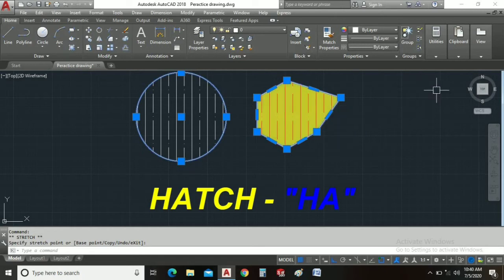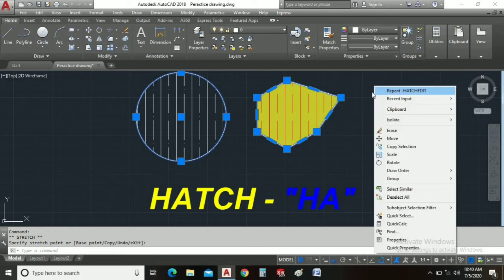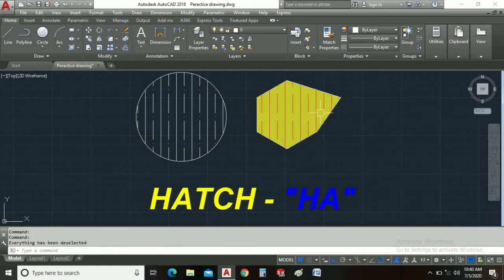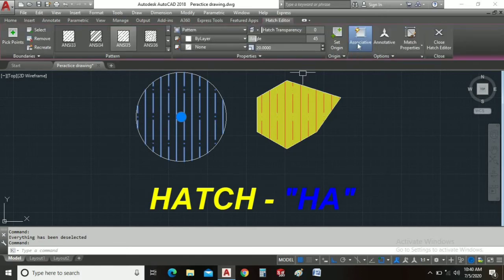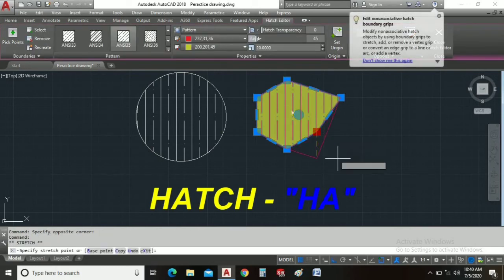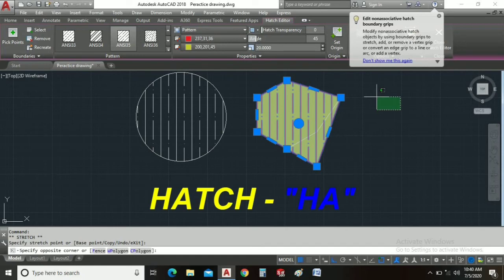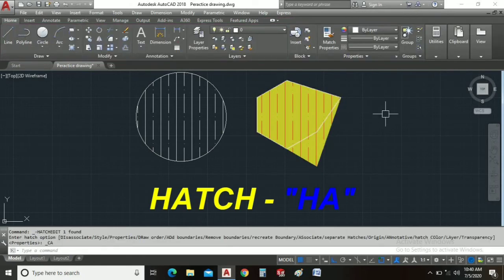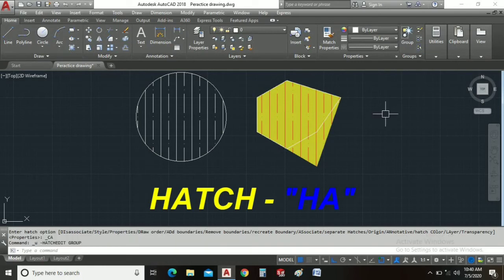So guys, if I make this hatch unassociated, let's see what will happen. Just click here and make it unassociated, then close the hatch editor. Now I'm going to update the height of this. Just enter. So guys, now just wait a minute.